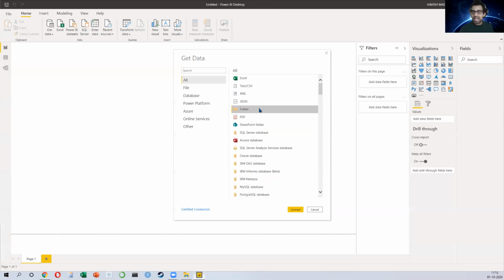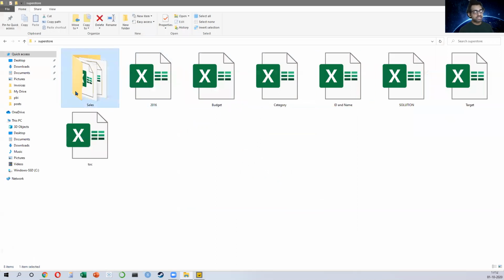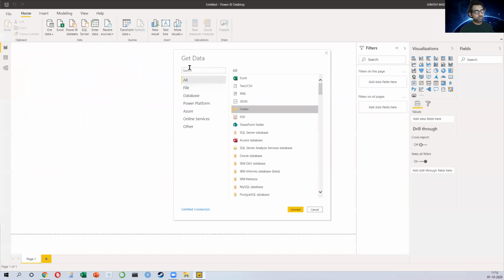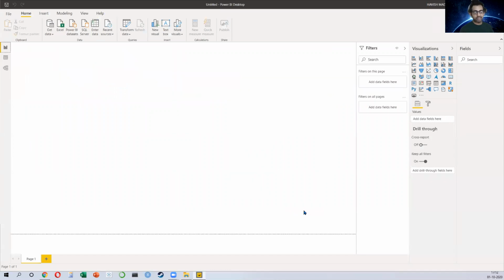Now, the problem is that we have 3 years of sales in a folder, which is 13, 14, 15. And what I want to do here is select folder and click on connect. Now, I don't know how many files are there in that folder. They can be 3, they can be 300, which I want to combine. If you had to do it on Excel, how would you have done it? This is a very common problem, isn't it? You have multiple files and you have to open them one by one and then combine it. I'm going to show you how you don't need to do that.